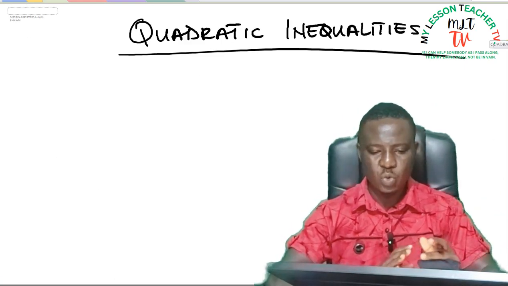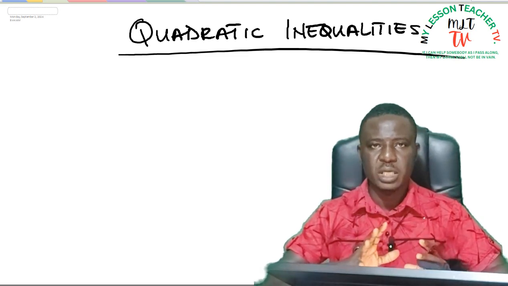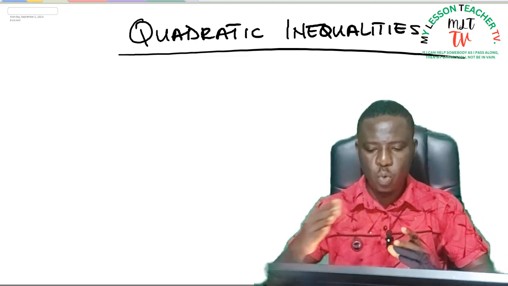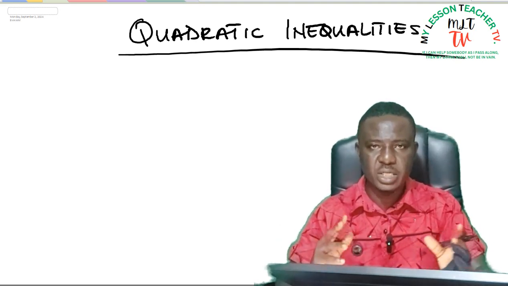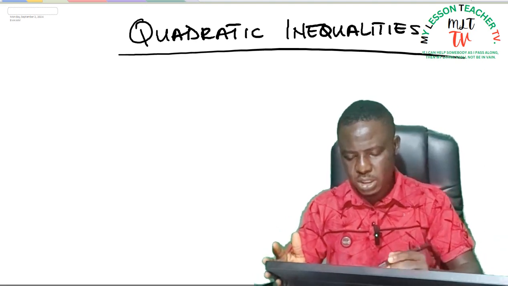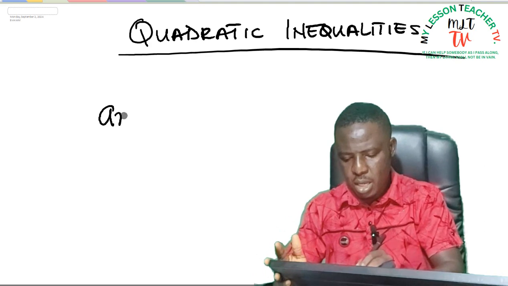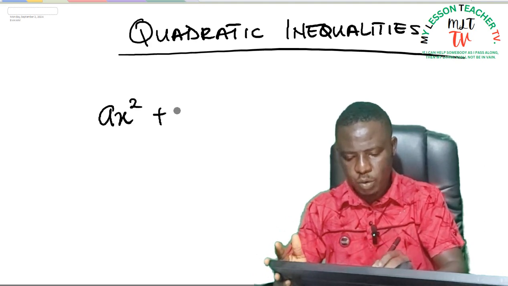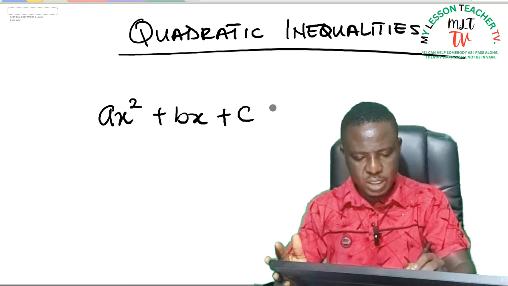So, what is a quadratic inequality? A quadratic inequality is an inequality where one side is a quadratic expression and the other side is a 0. Examples of quadratic inequalities. Quadratic inequalities can be expressed in the form ax squared plus bx plus c is greater